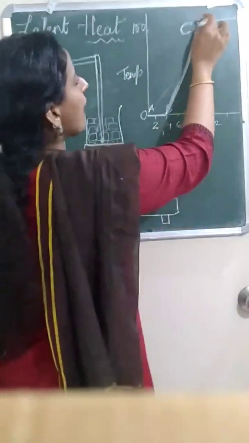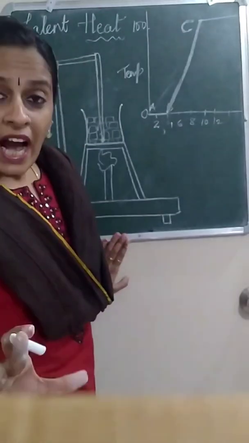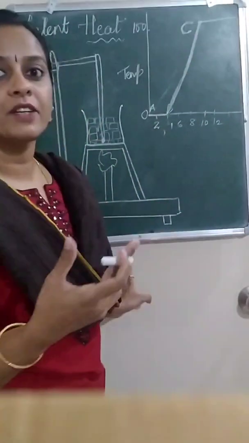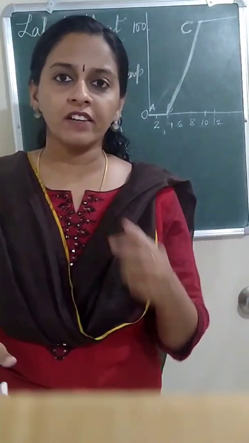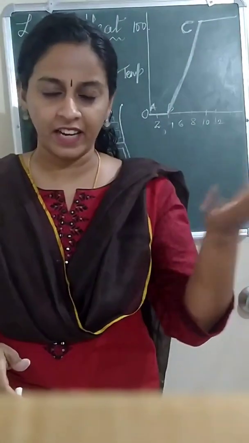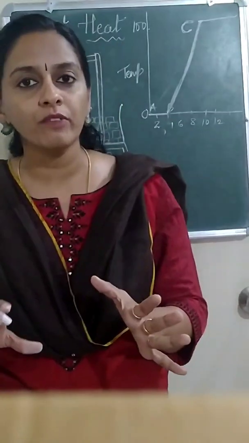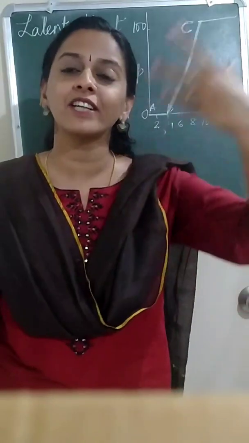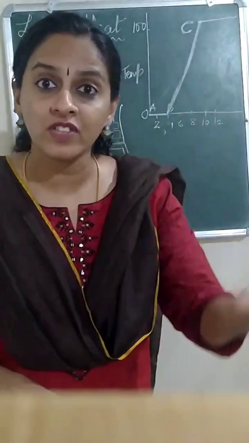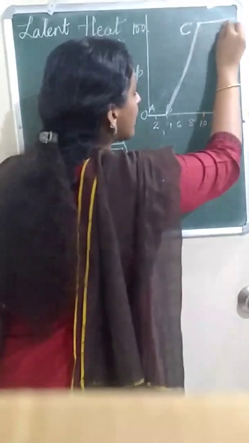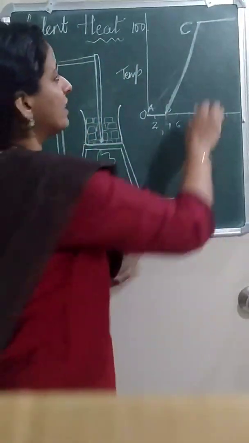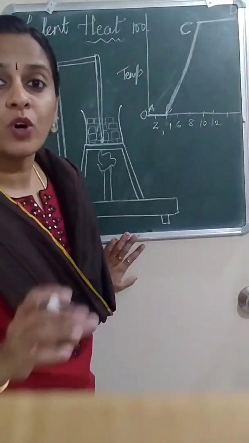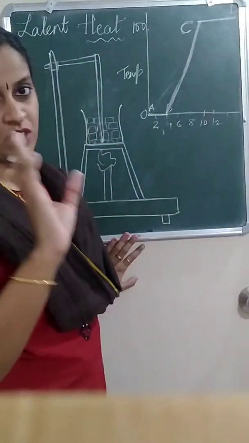It will not rise above 100. Why? In that time period, the whole liquid is getting converted into vapor. After 100 degrees Celsius, the water starts boiling, right? So if you forget to put off the gas, what will happen? The water level goes down, that is, that water gets converted into vapor. There is a change of state. So where the temperature is constant, this is CD and this was AB. In both these cases, there was a change in the state of the substance.